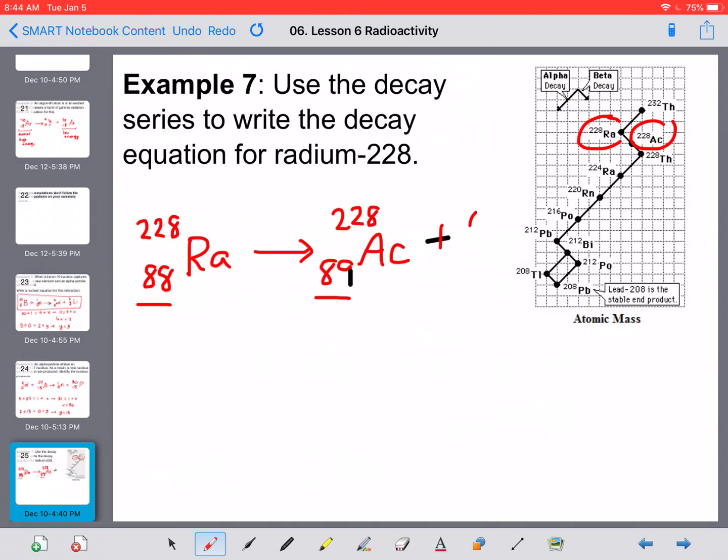Because if I add on here a beta negative particle, right, -1 and 89 together are going to add up to 88. And so that's how I knew it was beta negative. Now, this isn't the complete equation because we know when we have a beta negative particle, one more thing is released, and that's going to be an antineutrino. So the symbol for an antineutrino